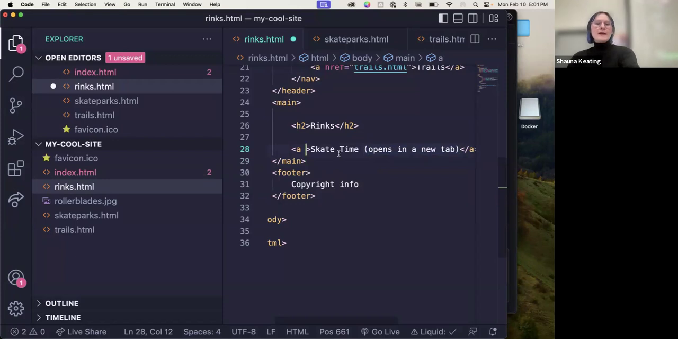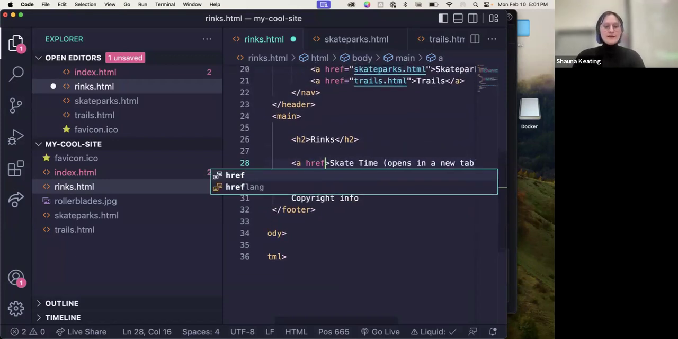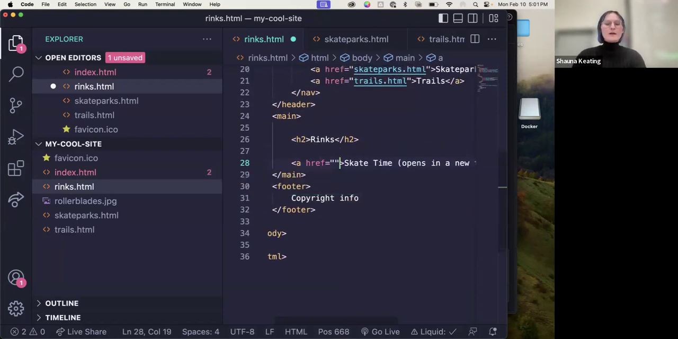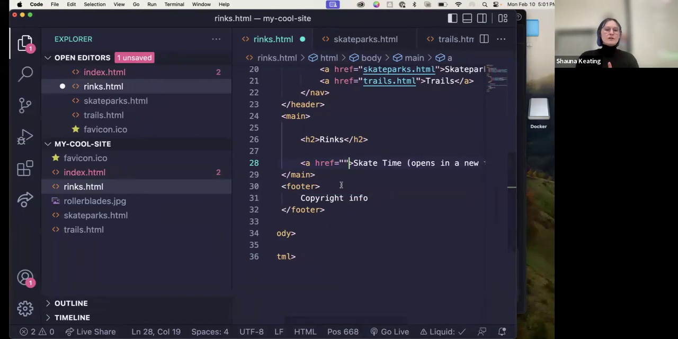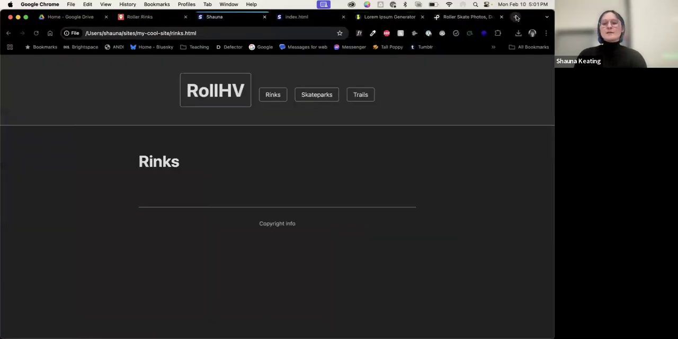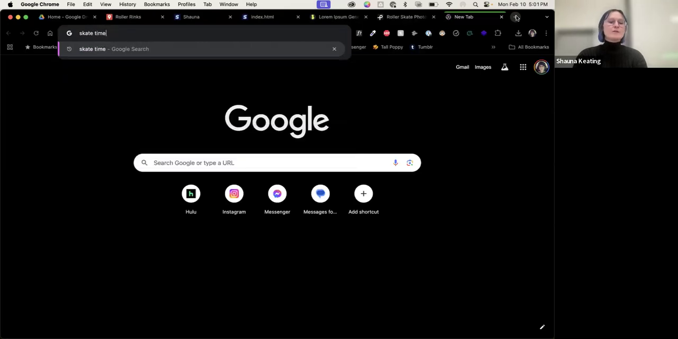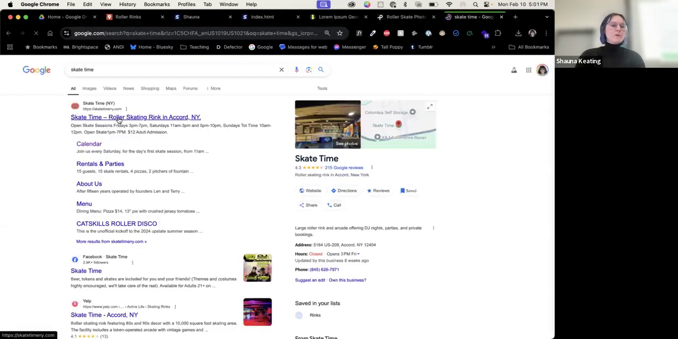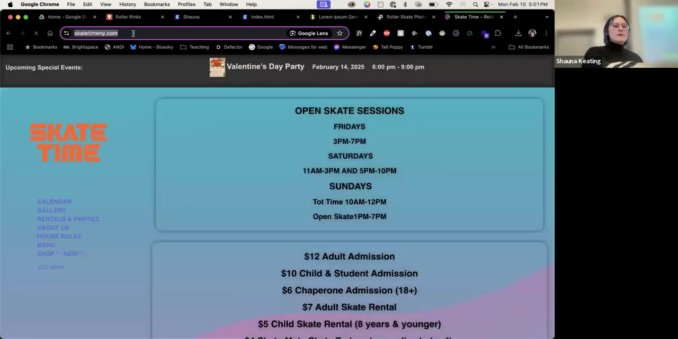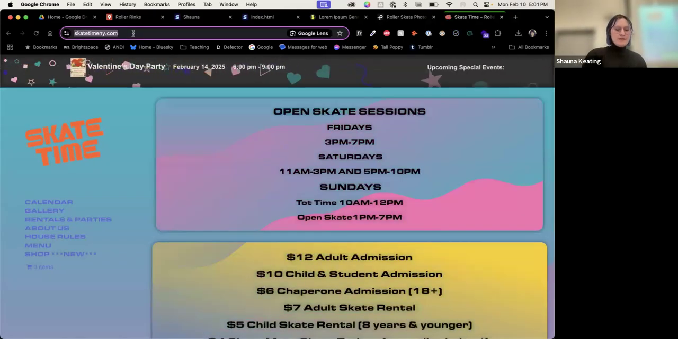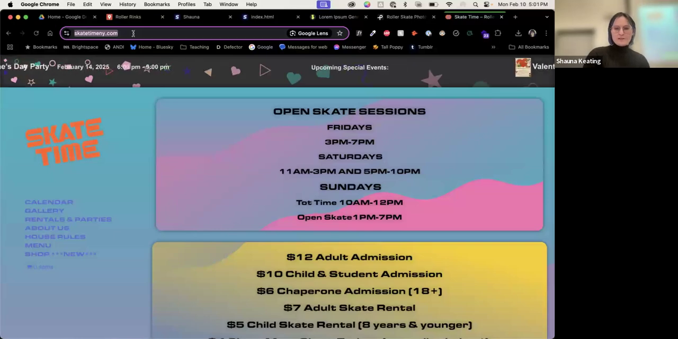In my actual attribute configuration, I still have my href, but what goes in it is a little bit different. If I want to go to a different website, like Skate Time, a really cool roller rink just over the mountain that way in Accord, if I want to link people to the Skate Time NY website, a very chaotic corner of the internet, as you can see,